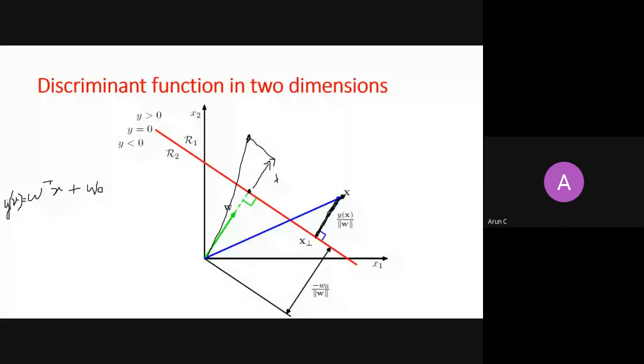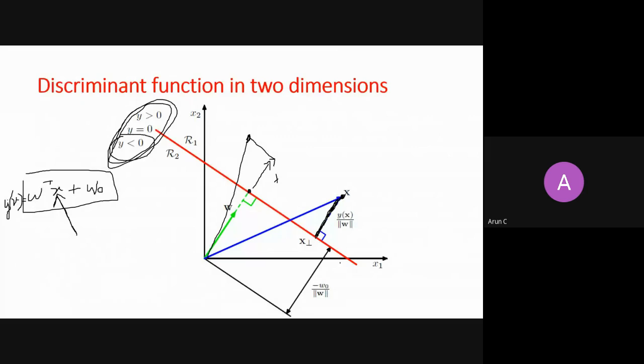Very good. Okay. So now I am very clear that if y is less than 0 and y is what? It is W transpose x plus W0. You need to feed x into this equation. If x is on the hyperplane, you get 0. If x is below the hyperplane, you get negative. And if x is greater, like the projection is greater over the hyperplane, you get positive. So all these three notations are making sense to you now, right?